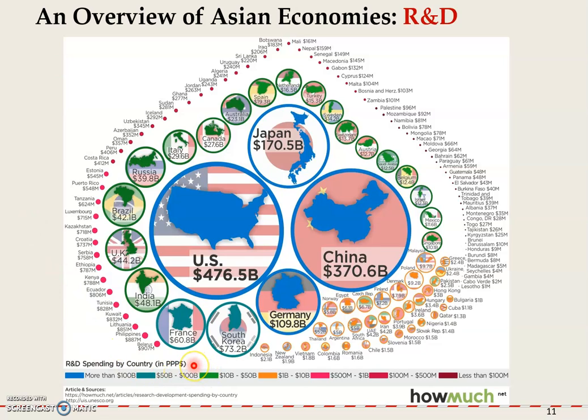That's why here you see the PPP. Okay, and this is annual spending, and of course how big the circle is represents how much they spend on R&D. Okay, so you find that the United States is the largest circle here